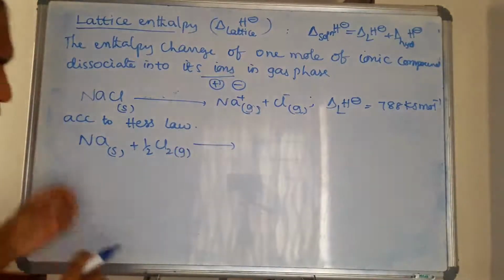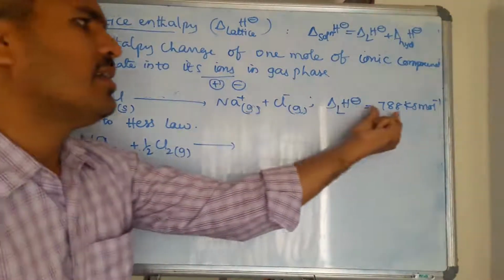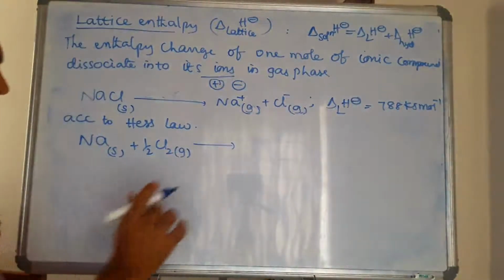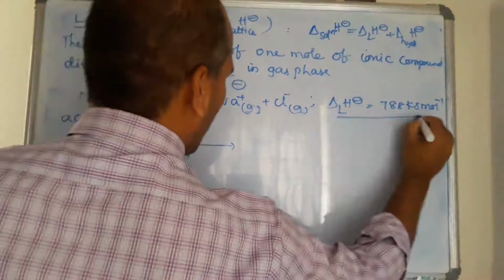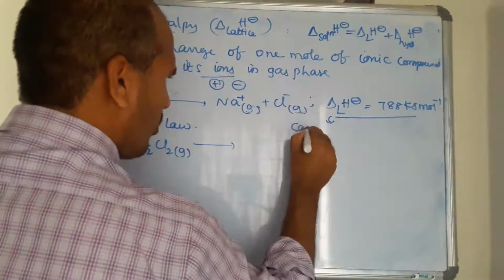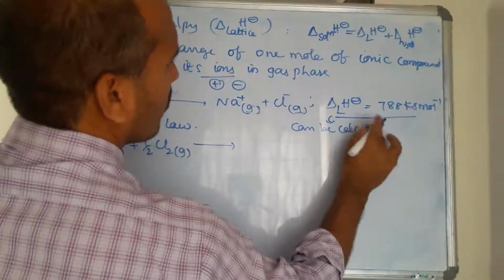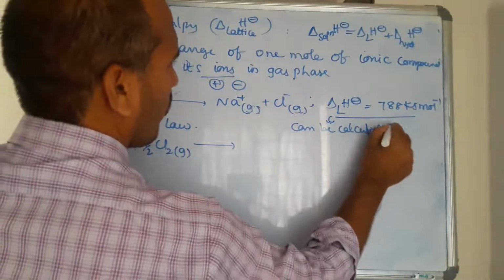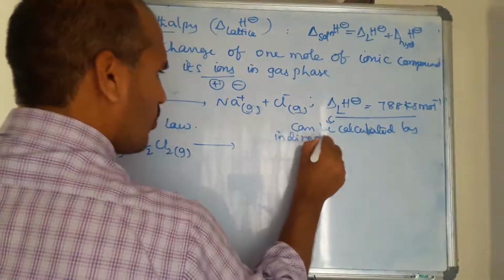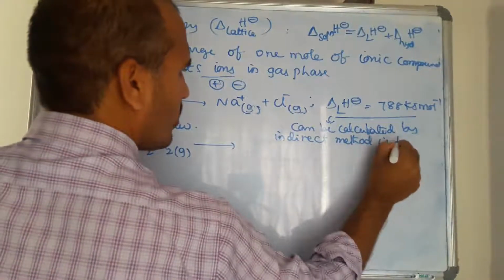Now I want to show you that the lattice enthalpy of NaCl is 788 kilojoule per mole. So this lattice enthalpy we cannot directly calculate. Lattice enthalpy can be calculated by an indirect method,